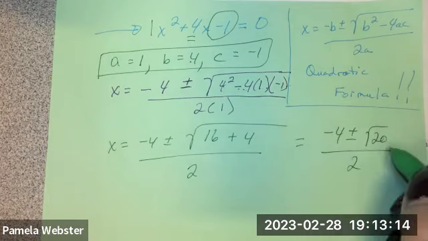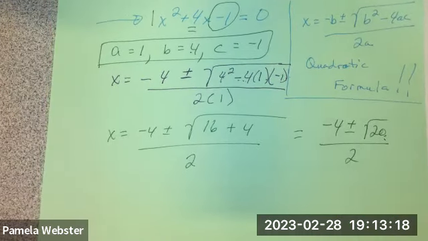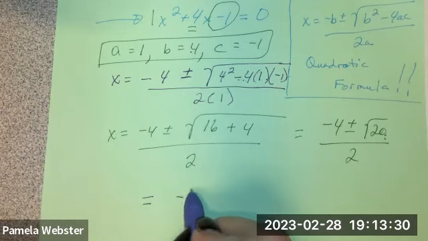All over 2. And the square root of 20, is that a perfect square? Is 20 a perfect square? In my head, I'm hearing, no, Dr. Webster, it's not. And you're right. That's why my rational roots aren't going to work here, because whenever I get to doing this, I've got -4